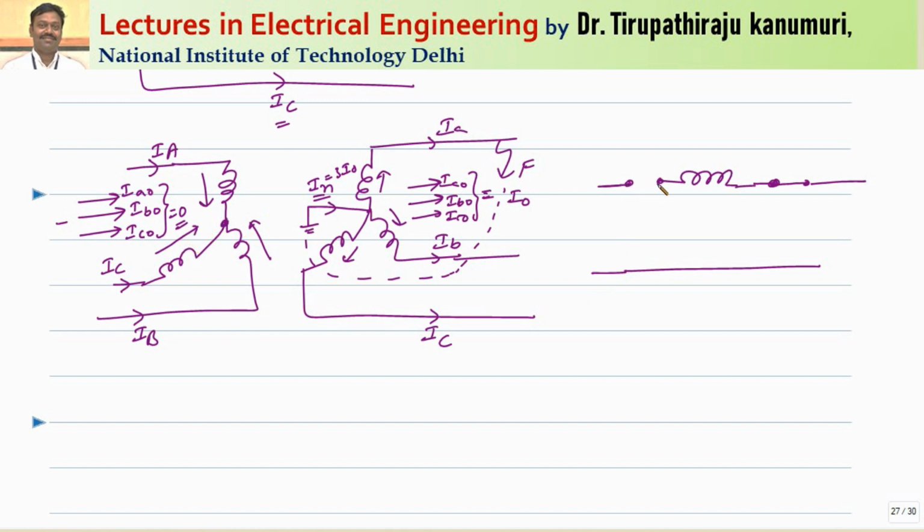So automatically it acts as an open circuit, whereas in the secondary circuit this will be equal to 3 times Zn. In our example it is connected through solid grounding, so it will act as a short circuit, whereas in the primary side the Zn is equal to infinity, so it acts as an open circuit. So what I mean to tell is, here the secondary can supply the closed path for the zero sequence current, but in the primary side it cannot pass. That's why this will be the equivalent circuit for this one.